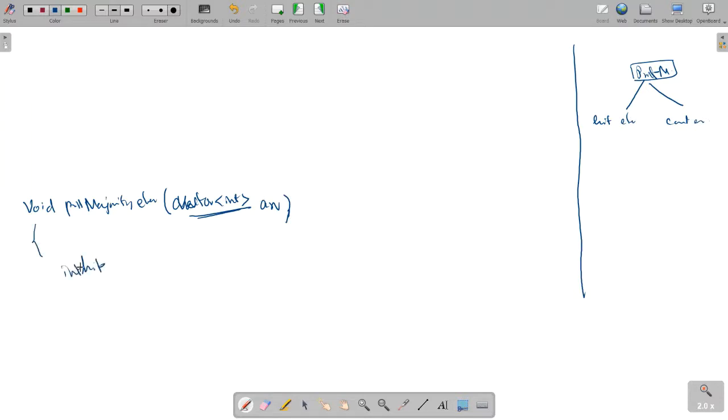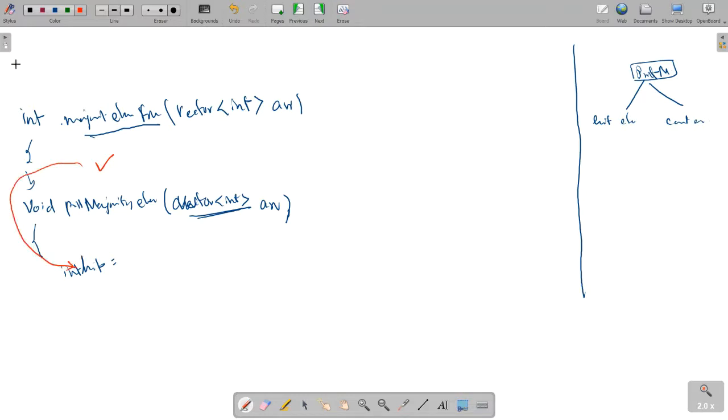This is the integer hit equal to, we are going to call another function which returns an integer, majority element finder. Okay, you can give the name as per your necessity, or as you understand the function part, or as the function works, it's up to you. So this vector integer, and we are going to pass array. So now this function will return the hit, and another function will be there which will be returning a boolean.